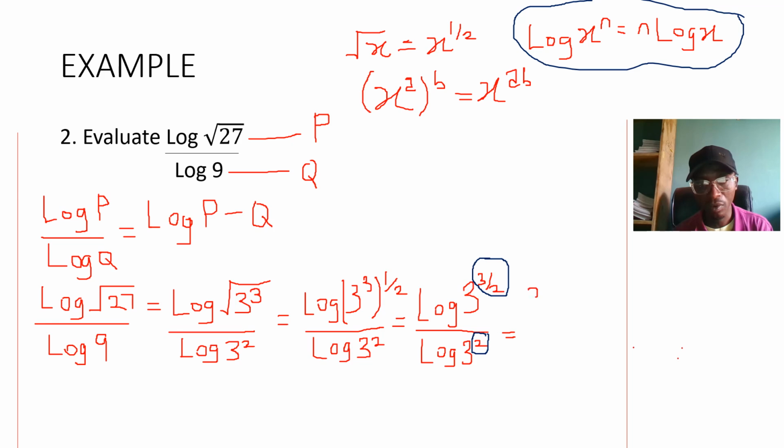Then that implies that we will have 3 over 2 log 3 over 2 log 3. Then log 3 is common both at the numerator and denominator, then we can cancel that. So log 3 cancels log 3. So we are now left with 3 over 2